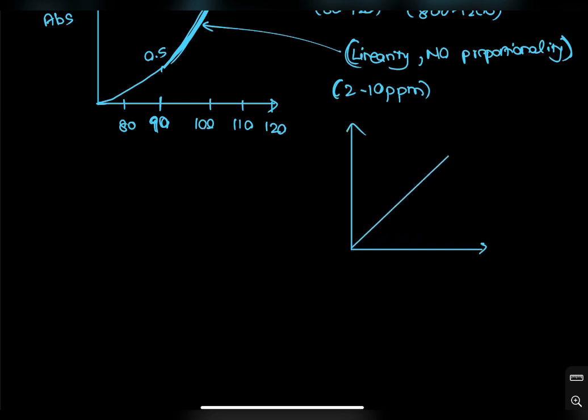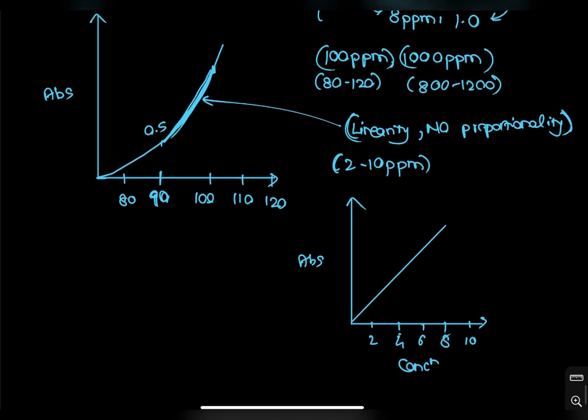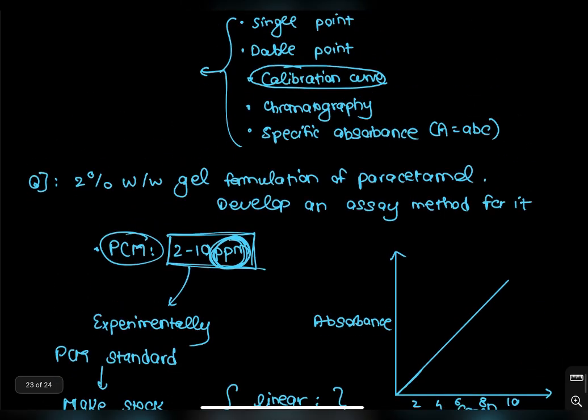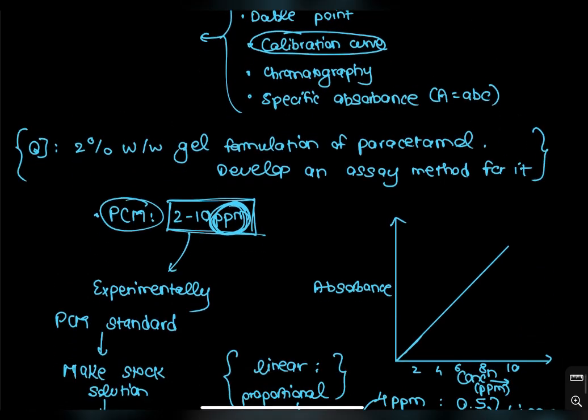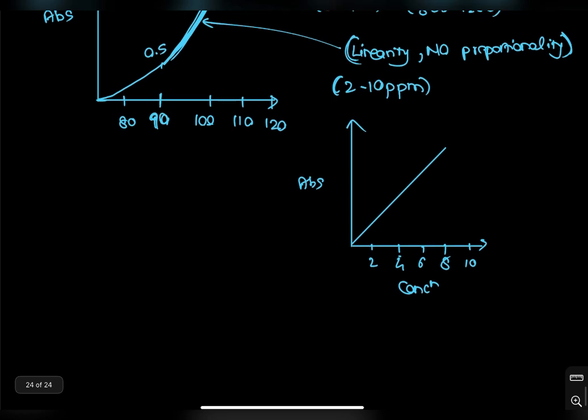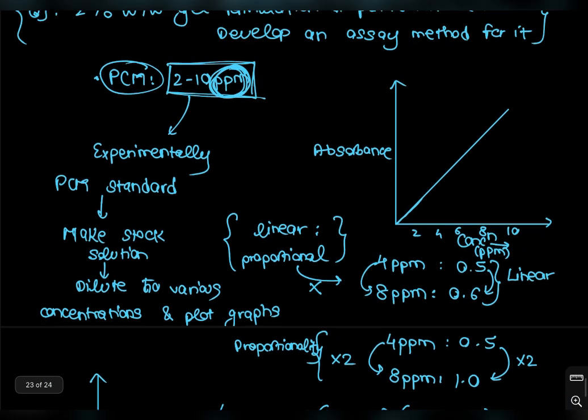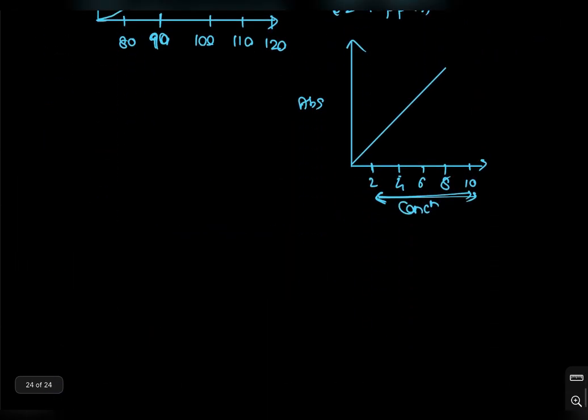Just like in paracetamol, from 2 to 10, we have this kind of a graph. Okay, so you find that out first. Once you found that out, what you do is you take this gel and you convert it into a solution which has a concentration that lies within these limits. So you convert this entire gel, the 2% weight by weight gel that has been given to us, into